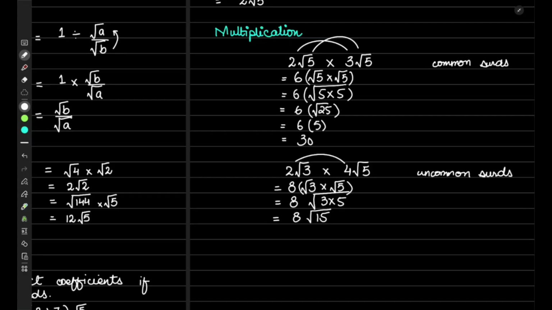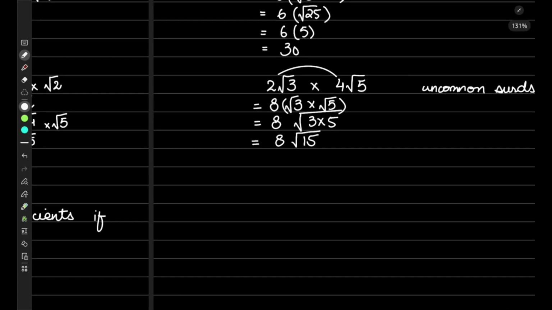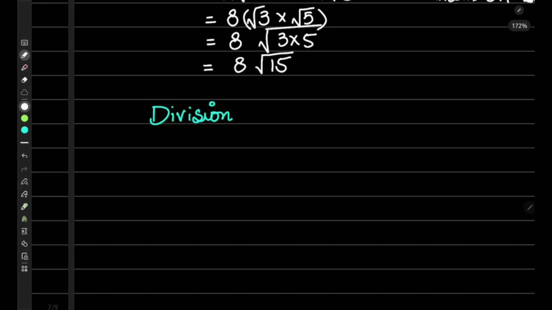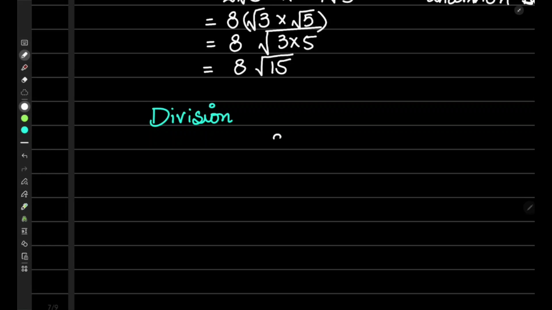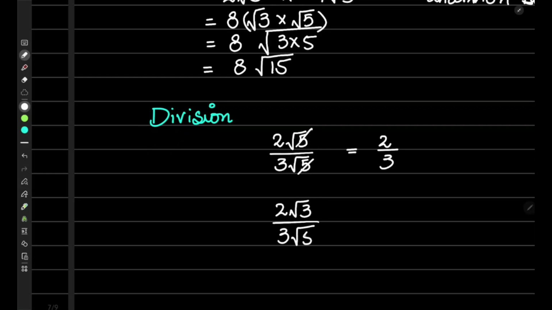We will be talking about division, like what kind of conditions there could be. Division of surds is not a major subtopic, but just for your information. For example, if you have 2 root 5 divided by 3 root 5, obviously if you have a common surd, that will get cancelled out and you will get the simple thing. Now what if you have an uncommon surd, like 2 root 3 divided by 3 root 5? Then you can write it as